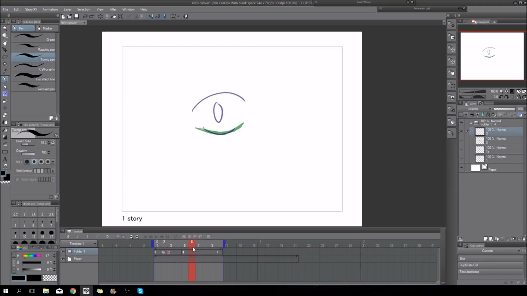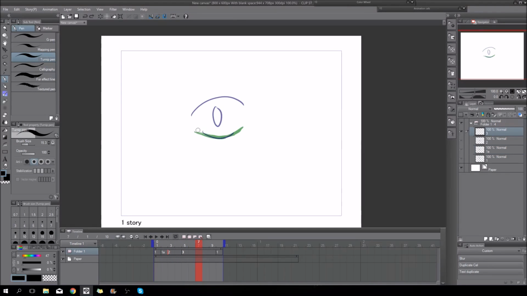So I show you. If I go here and I keep on doing my eye, which goes like this. Oh yeah, I can draw anywhere as long as I'm on this frame, because everything here is my third frame, and when I insert here, then it disappears. So I'm gonna draw this slightly bigger, because this always makes some nice effect. I'm gonna do this a little bit faster. There we go, blinking eye.